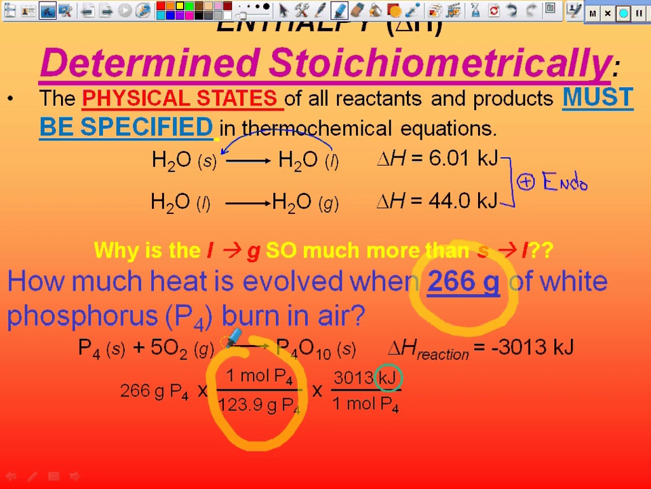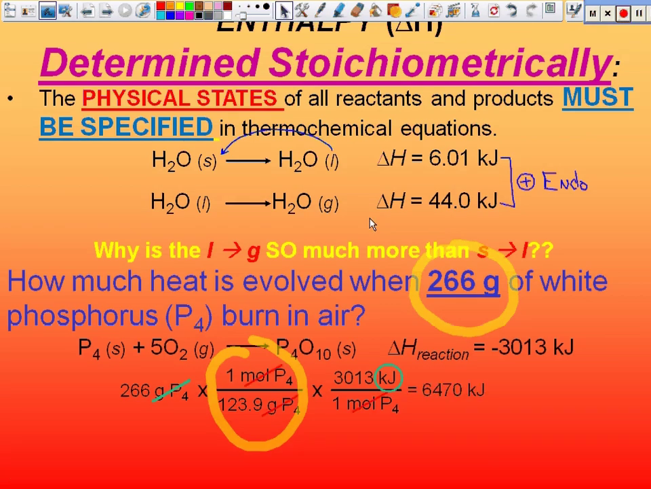Did you start with more than a mole or less than a mole? You started with way more than a mole, right? So should you have more than 3,000 or less than 3,000? You should have more than 3,000. So that's what we're trying to figure out: we didn't start with exactly 1 mole of phosphorus. We started with 266 grams of phosphorus. So we have more than 1 mole of reactants. Well, it's going to be more than 3,000. So once you do this, you should run the numbers and find out it comes up to be